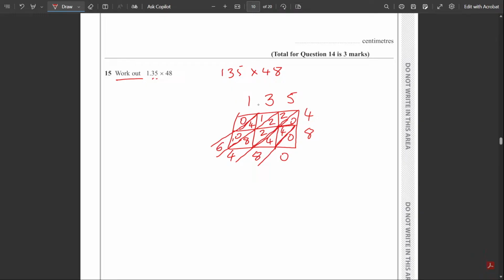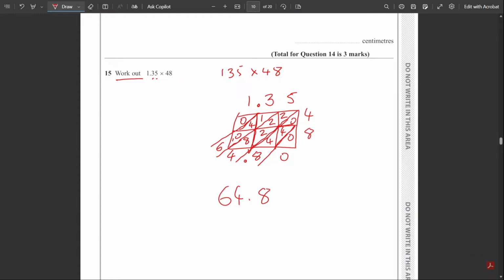So obviously, the good thing about this method, I can carry this decimal along this line, and if you have another decimal where they meet, you carry it along that. But in this case, we're going to carry that decimal here from there straight down there. So we know we will have